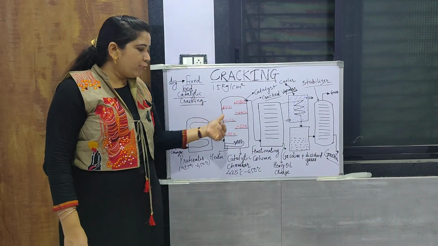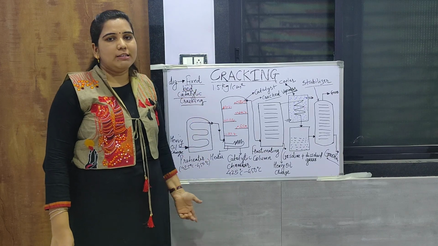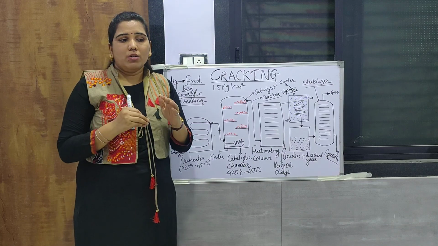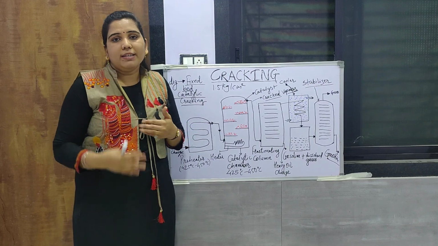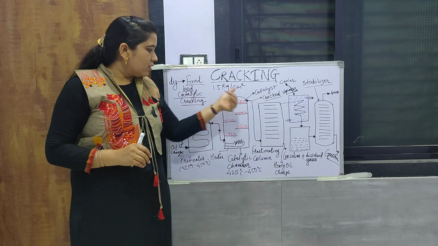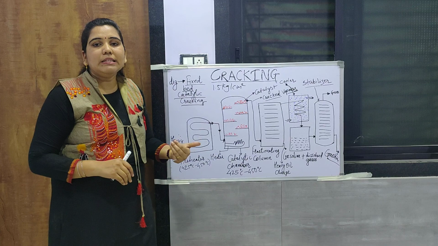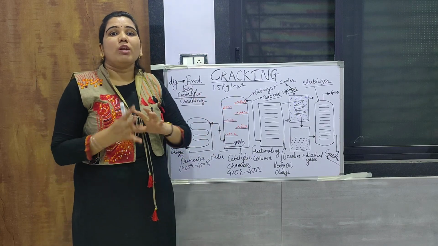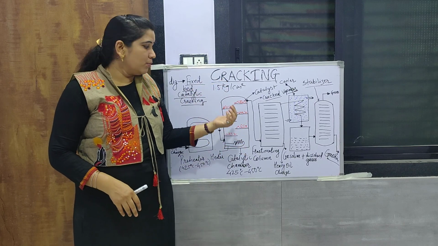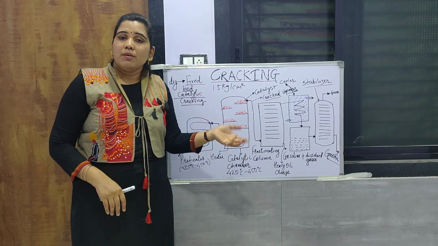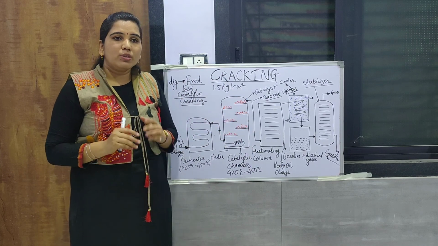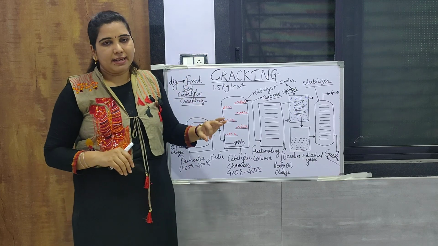As these beds are fixed at the same position, it is called fixed bed catalytic cracking. Generally after 8 to 10 hours, when the catalyst is totally exhausted, that is, totally fixed by carbon, we have to stop the total process, then remove the catalyst, and reuse it, or use a fresh catalyst. That's why it is called fixed bed catalytic cracking.